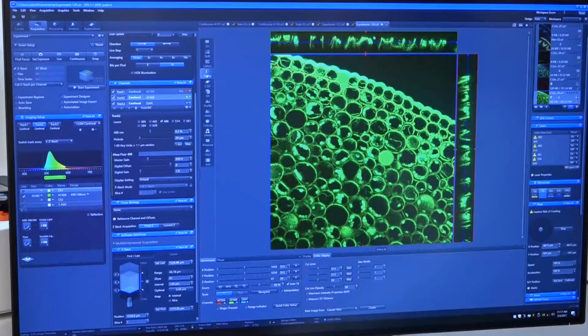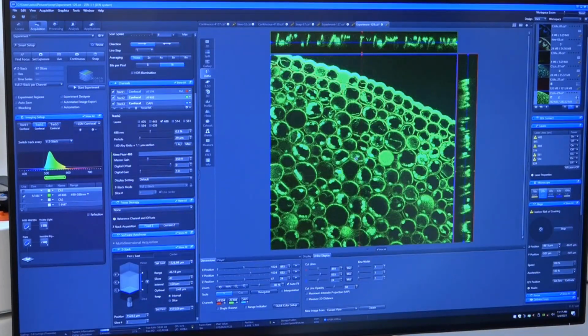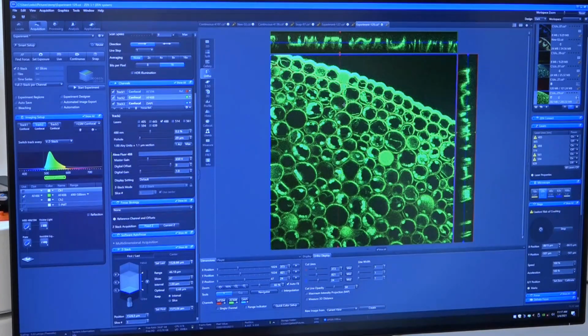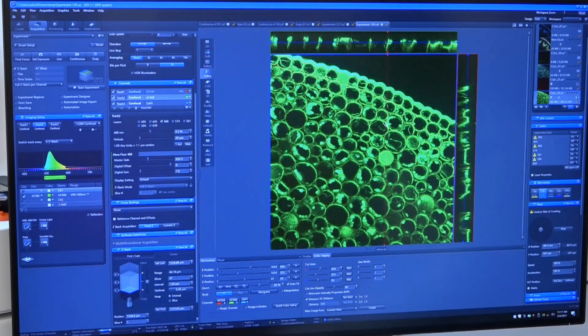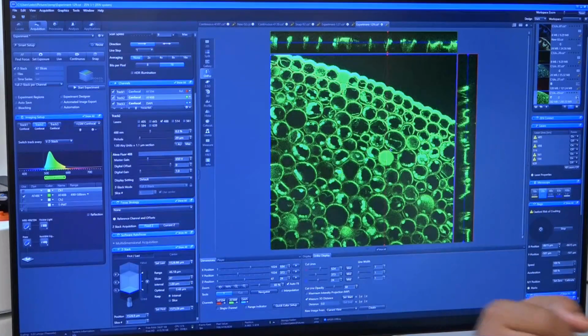And if we do orthogonal view, in orthogonal view we can see each and every plane. This is an XY plane which we are getting, but this is an XZ plane which will give the thickness idea, and this is a YZ plane. So in YZ plane, if you want to measure the thickness, you can simply measure it using a 3D. You can say I want to measure the distance between 2 cell outlines. So there are 2 cells which are lying close to it. You want to see if there is a gap or not.